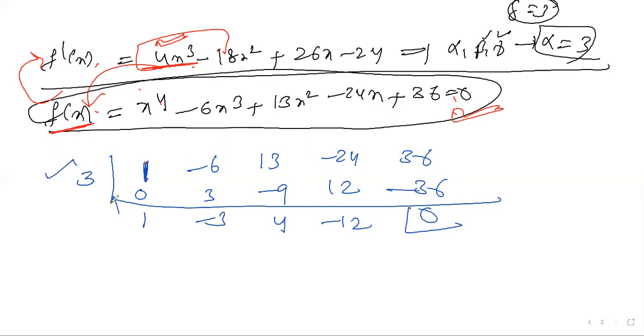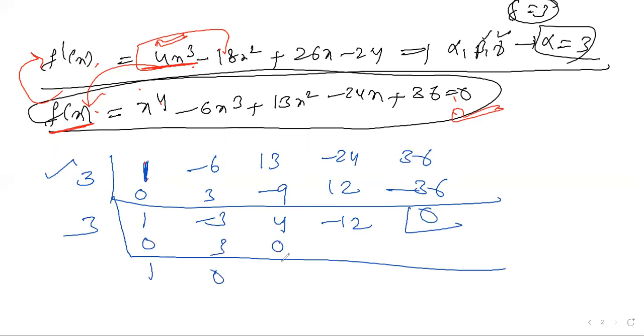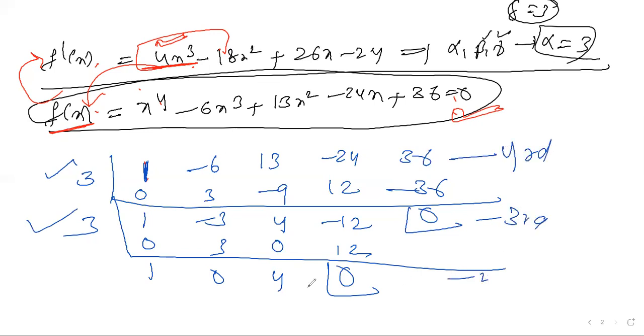But they're telling one more root, right, sir? Multiple roots means you can do the other root also. Very important. Again, do it once again. 1, 3, 0, 0, 4, 12, 0. Two roots gone. This is the fourth order, this is third order, this is second order. Simple. You can write x square plus 0 into x plus 4 is equal to 0.